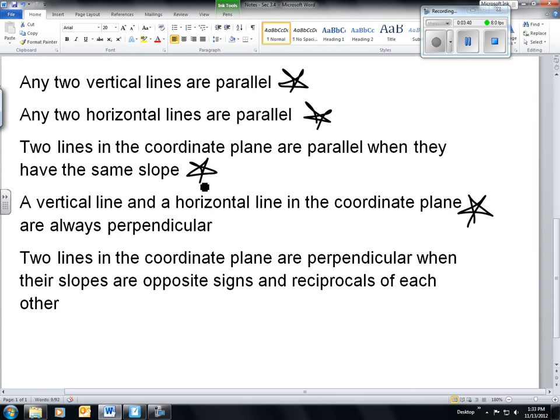And for perpendicular lines, really, there are two things you need. You have opposite signs and they have to be reciprocals of each other. So an example of that would be like negative 2/3 and positive 3/2. Those two slopes are opposite signs and they're reciprocals of each other. So the reciprocal meaning that the fraction has been flipped. And